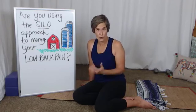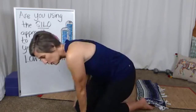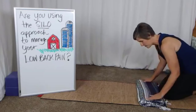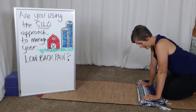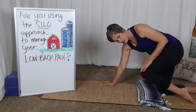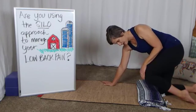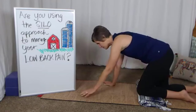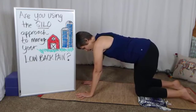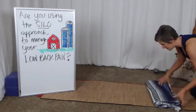So the yoga pose that I'm kind of reminded of in farming or in my own gardening is all fours. And I like to use all fours a lot in all the programs that I have. But sometimes all fours is not comfortable for people. One of the first things I tell folks is to get a folded blanket and put that folded blanket mostly under their shin or just at the top of the knee. Sometimes the discomfort is in the knee and that kneecap. So that kneecap floats out over the front edge of that blanket and makes putting weight on the knees much more comfortable. And so I'm going to back this up a little bit so I'm not running into the...